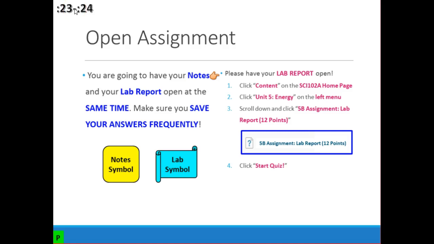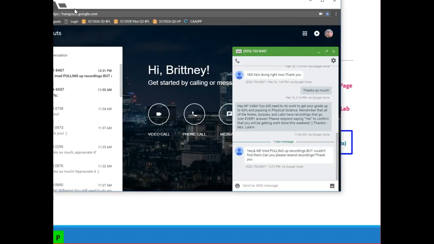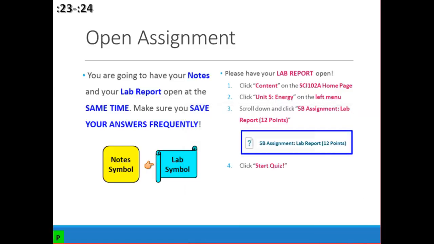Okay, here are the breadcrumbs for getting to the lab report if you're watching the recording. Okay, make sure you are clicking on the correct assignment, and you make sure you always start quiz. Again, we already talked about this, but it's very, very important that you pay attention. And what you're going to do is you're going to watch Mrs. Larkin explain the instructions carefully. And you're not going to be doing the assignment by yourself at that point. You're just going to watch her instructions, and then she'll let you know when it's time to fill it out.